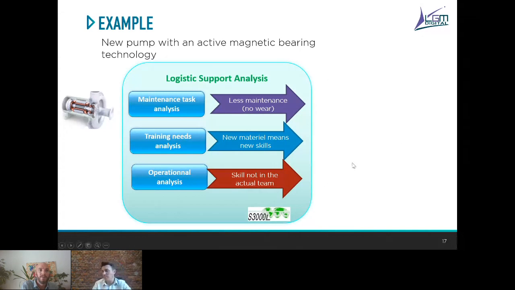So all this information is transmitted to the training domain, which will make the task selection and analysis, and will also choose which media will be the most appropriate to train